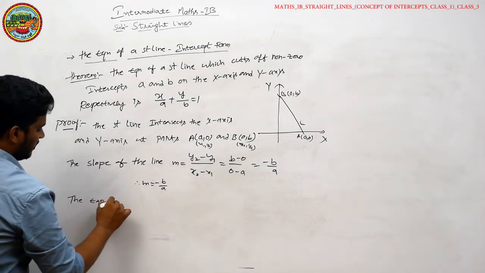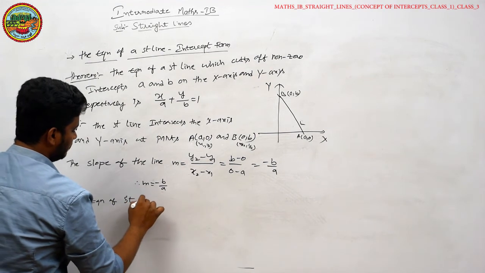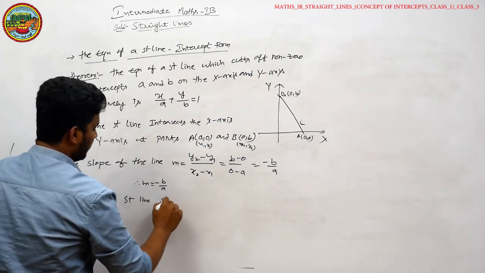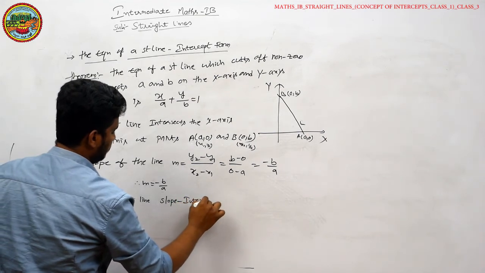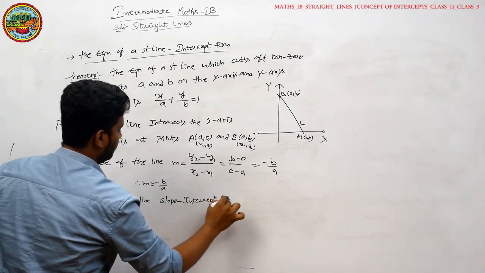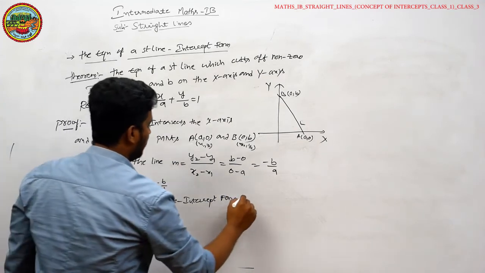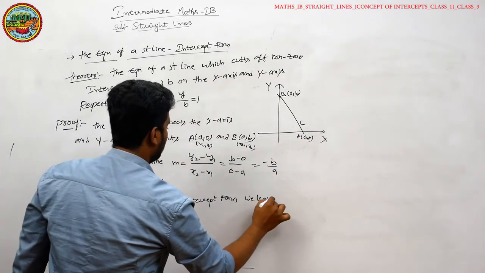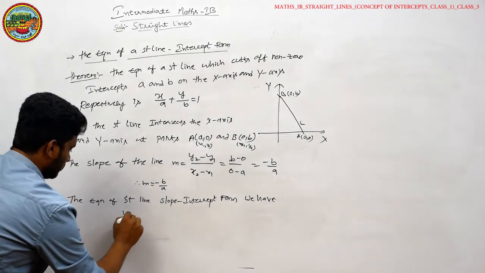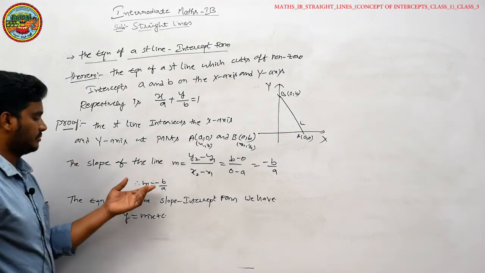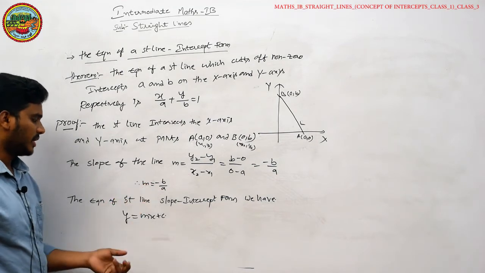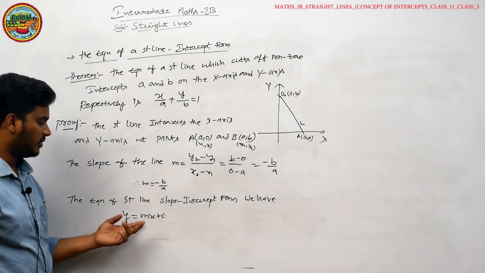So the equation of a straight line in slope intercept form, we have y is equal to mx plus c. So we have the slope minus b by a. So substituting this slope we get,